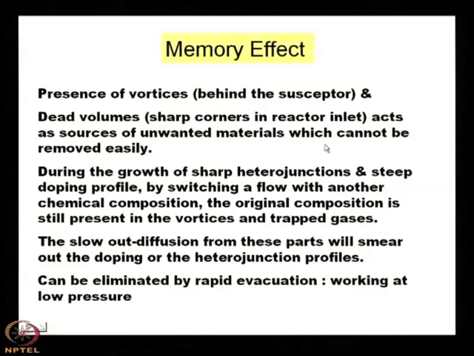It can be removed by low pressure, because at atmospheric pressure it cannot be forced to be removed from this reactor to the scrubber. If it is a low pressure system, then it is continuously evacuating, sucking out what is there inside the reactor. So, the memory effect can be reduced using a low pressure reactor, not an atmospheric pressure reactor,